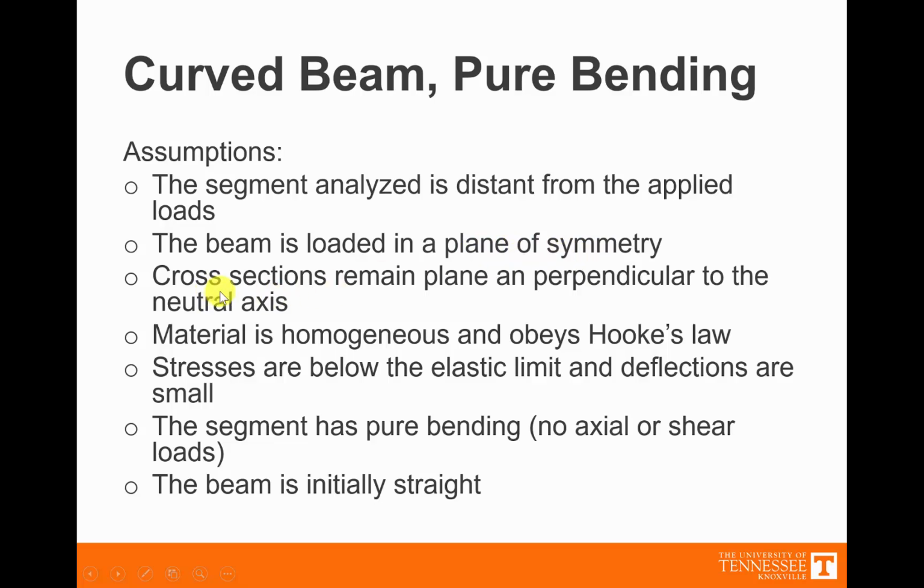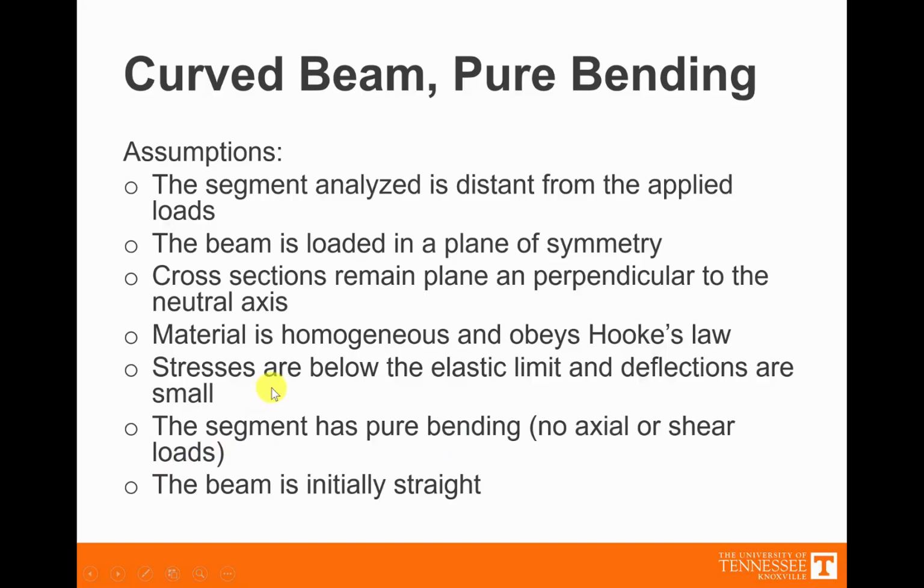We're going to assume that the cross sections that we take are in a plane perpendicular to the neutral axis. We're going to assume the material is homogeneous and obeys Hooke's law. We're going to assume the stresses are not great enough to cause plastic deformation, and that the deformations we see will be small. The stresses are still in the elastic region. We won't see any plastic deformation. The segment has pure bending,